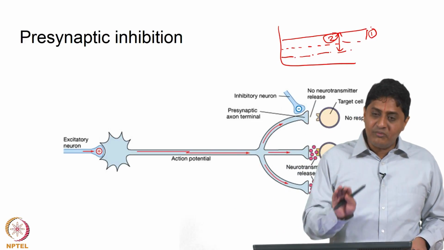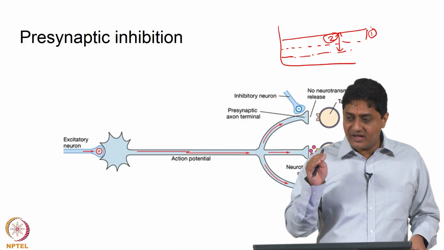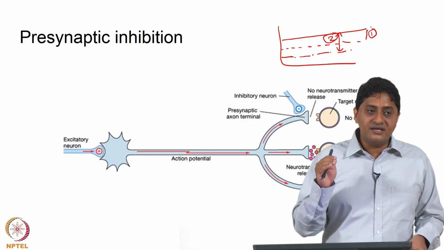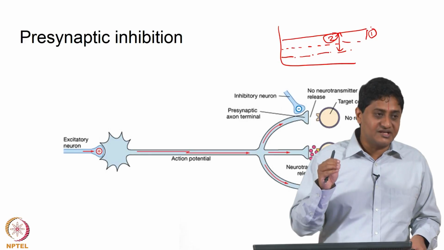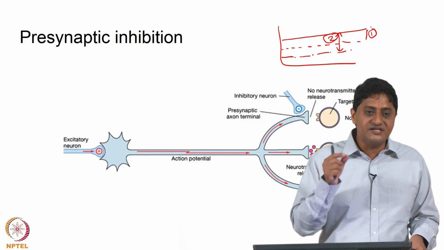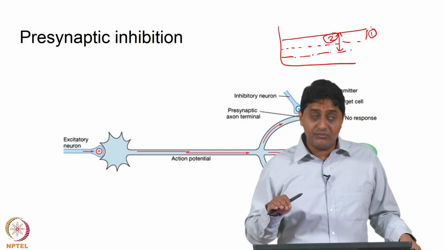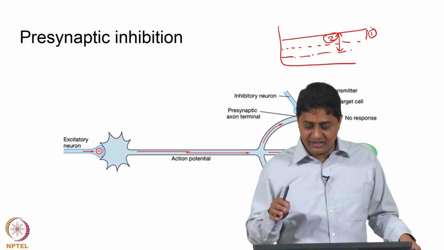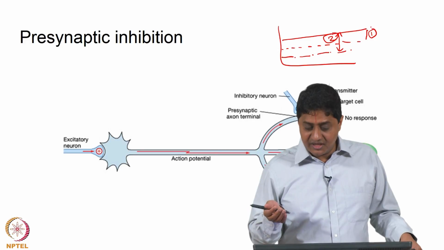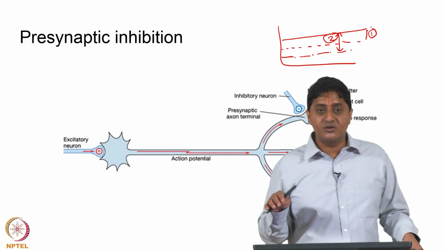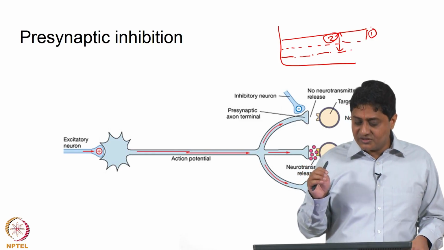So, if I can somehow maintain the membrane at a relatively high value of potential, thus opening some of the calcium channels already, then the difference that is going to be detected is going to be smaller, effectively preventing a lot of neurotransmitter from getting released. There may even be a case when no neurotransmitter will be released because you are already at the maximum. So, how is that achieved?